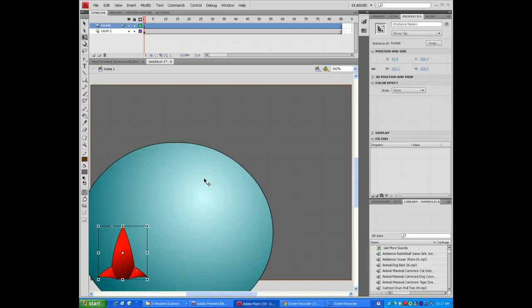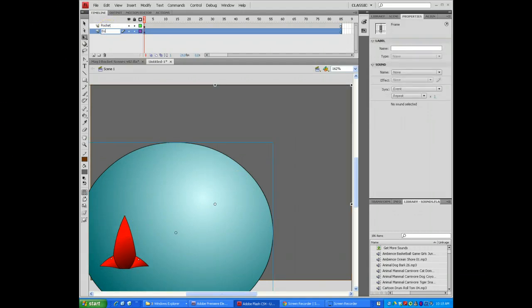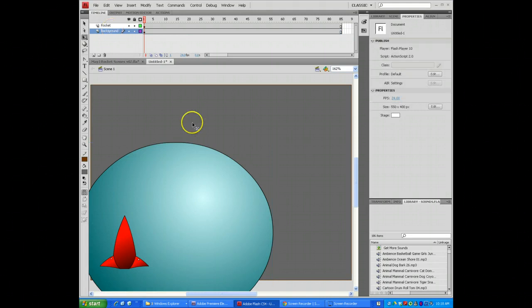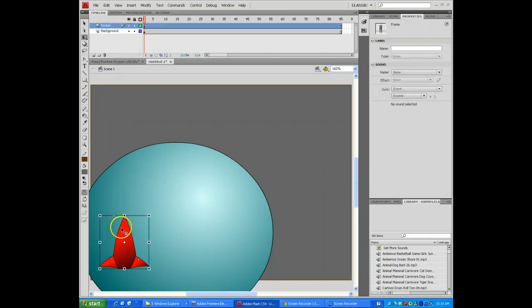Hi, this is a quick demonstration of motion guides in Flash animation. I have an instance of a rocket from a symbol that I created, and I've got myself a background here that I want to have it fly around, and I'm going to have it follow a path. So I'm going to take that rocket, and I've got a keyframe ready to go with this, but before I